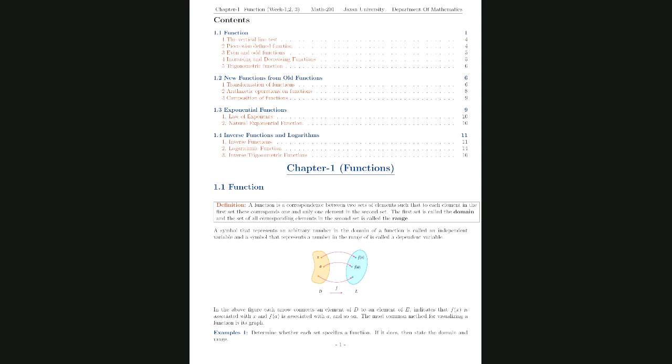Function is a rule that assigns to each element x in set D exactly one element called f(x) in set E, right? That is called function. So last lecture I defined this and I gave some examples of functions. Okay. So today